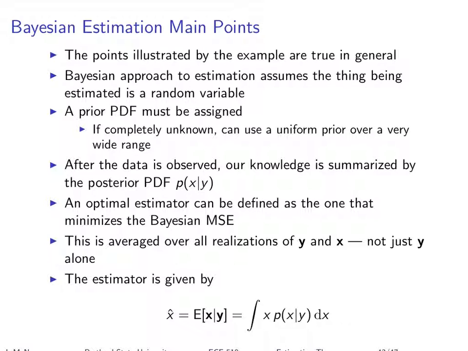If you don't know anything, if you really don't have any prior information, you can still use the Bayesian framework and just have a uniform prior over a very large range. When that range becomes essentially infinite, it sort of reverts to classical estimation. So it's a very general framework. Once the data is observed, everything comes down to this posterior. We're going to be after the posterior when we're talking about the Kalman filter or the state space tracking.